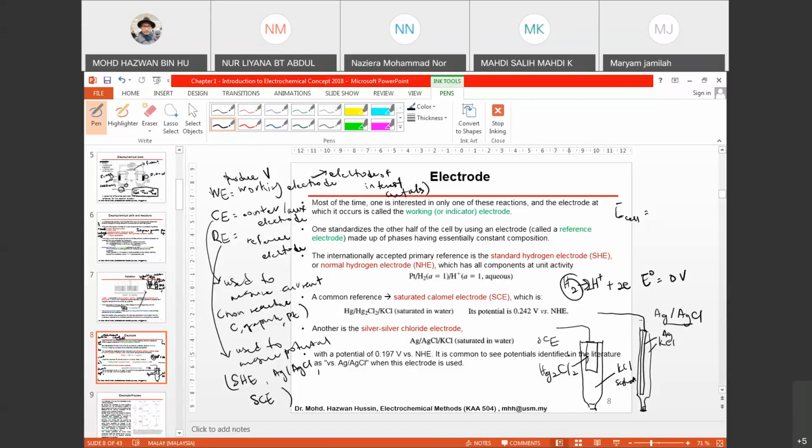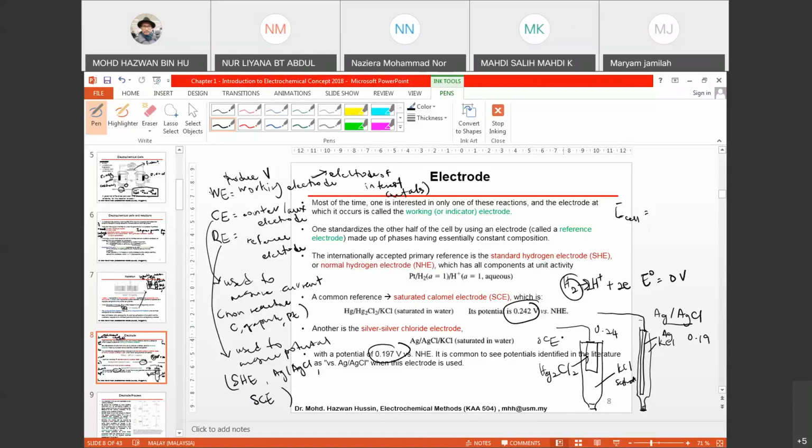The difference is the amount of potential produced. The potential produced for saturated calomel is 0.242 volt. Meanwhile, for silver chloride, the potential produced is 0.197. Basically, the difference is not that much. I mean, one is 0.24, another one is 0.19. Because the difference is not too much, but in terms of the accuracy of giving potential